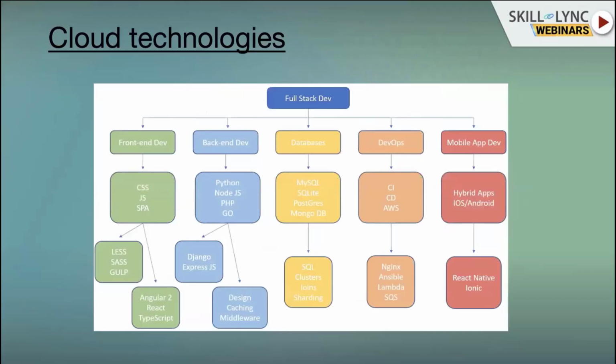Now, what are all the technologies that are used by these cloud-based systems? As I said, in cloud we have basically three components. You have client, and then you have server. Client is what you can see with your eyes. It might be a web client or it can be a mobile client, something like that.